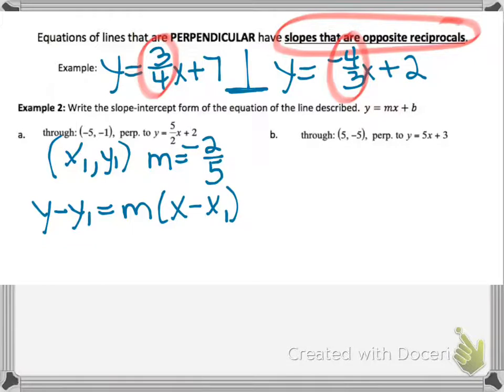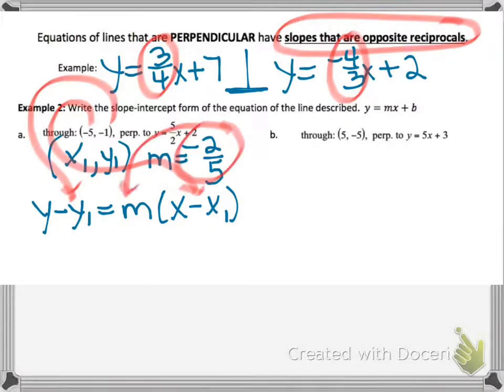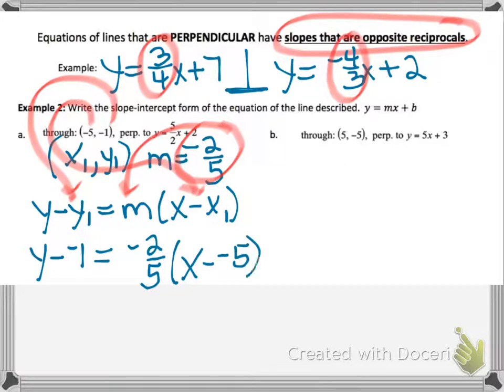We know the x coordinate is -5. That's going to go in here. We know the y coordinate is -1. That's going to go in here. And our new slope, m, is going to go right there. So let's see. y minus -1 equals -2/5 times x minus -5. Well, I'm going to clean this all up and make these pluses now, because if you have two negatives, it turns into a plus. So that's really y plus 1,